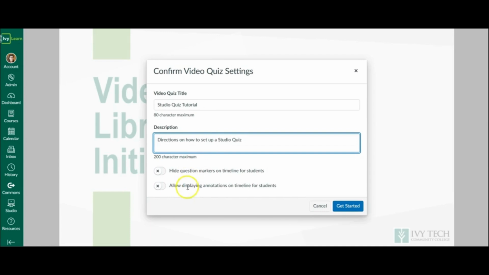We'll notice that down here you have a couple options. One is hide the question markers on timeline for students, or allow displaying annotations on timeline for students. So what these do is, if you do not select this, what students will be able to see when they get into the video quiz are little question markers that indicate where on the timeline the questions are going to appear. If I toggle this, it means that students will just see the video timeline, but they will not know where the questions are. And I'm going to show you this in both settings so you can kind of see